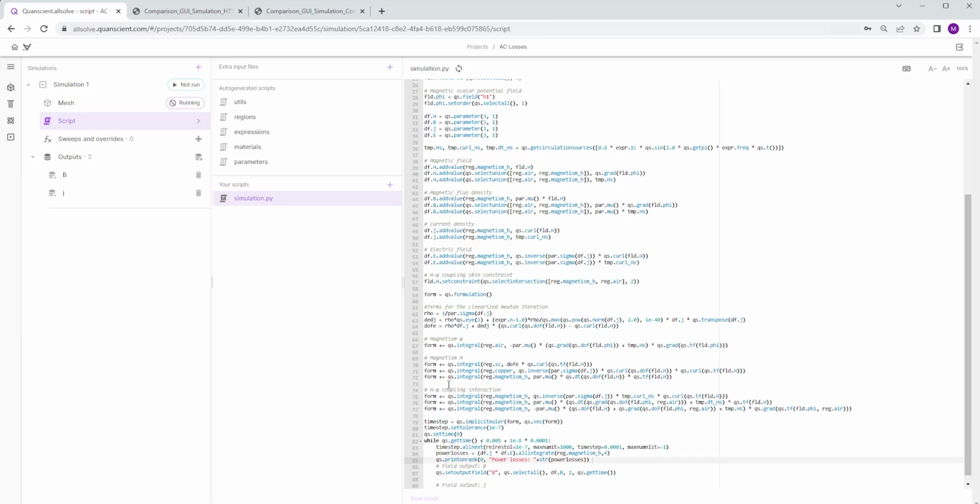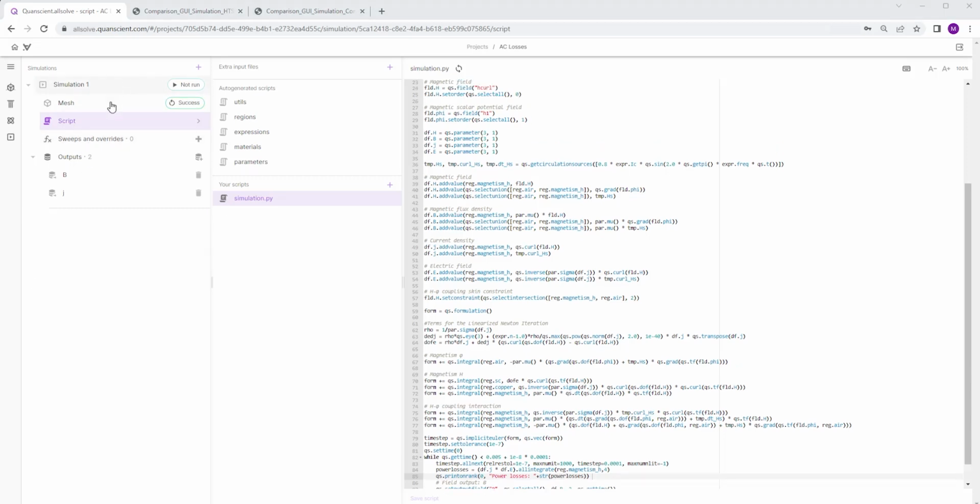Now we're done with the changes in the script, and if meshing is finished, we can start to run our simulation. Also, we could use sweeps to see how the behavior for different frequencies is, if we want to check that.